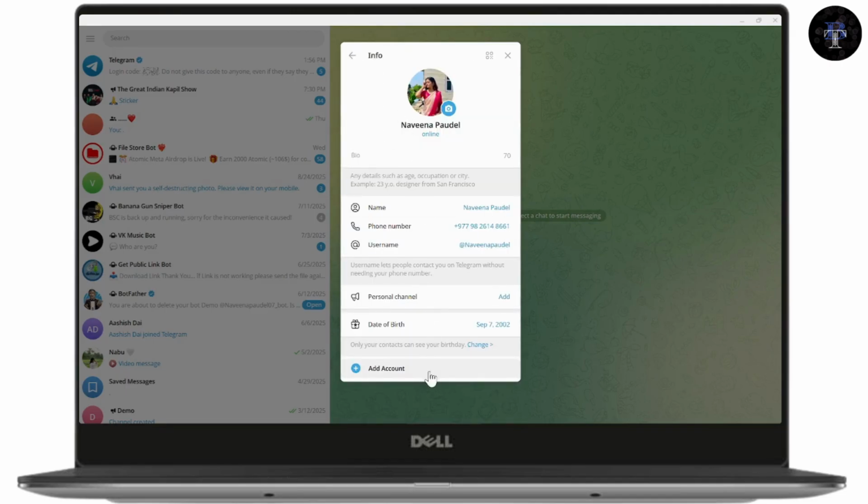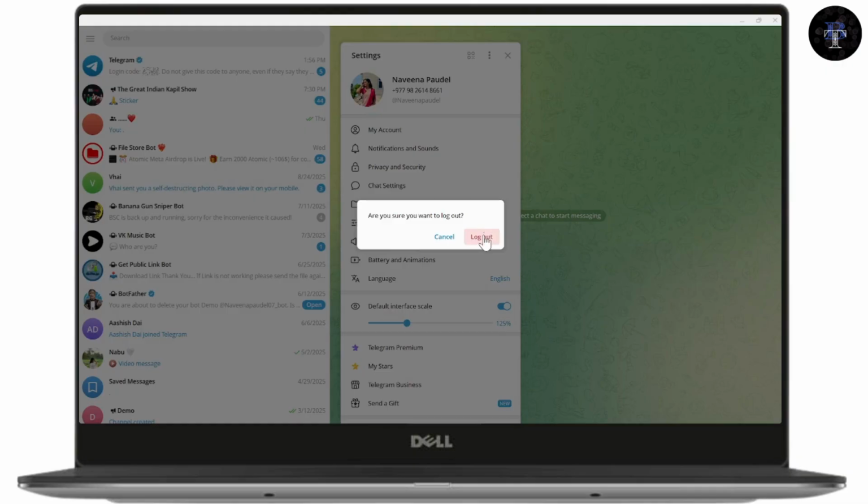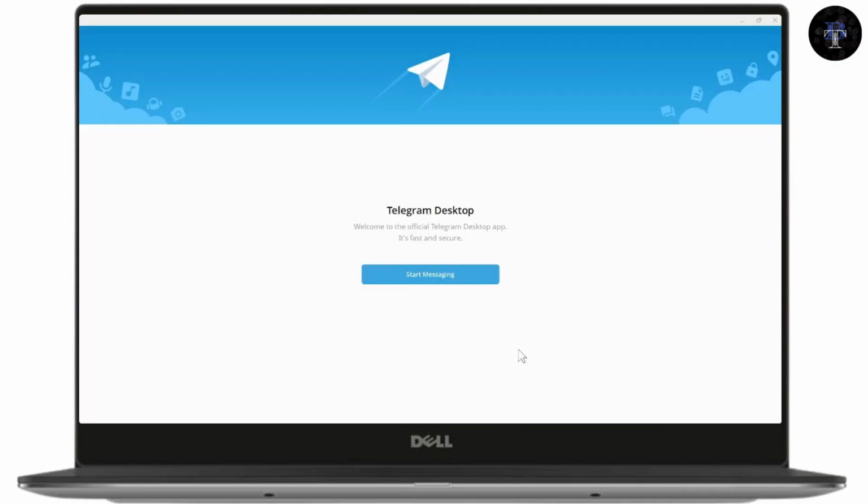Under my account, you'll have an option of add account, or just go back and here on your profile, go with the three dots, which is on the top right. And here you will have your log out. Just click on log out and then again click on log out. That's it. That's how you can log out of your Telegram on a Windows